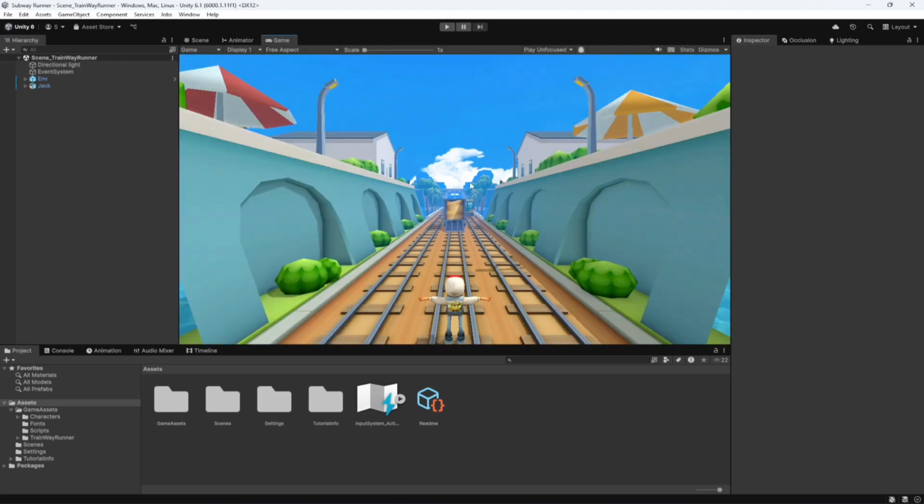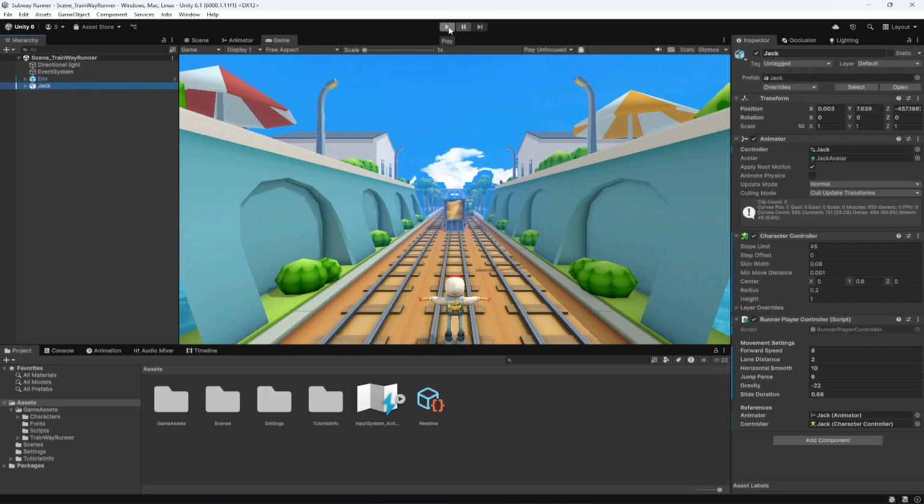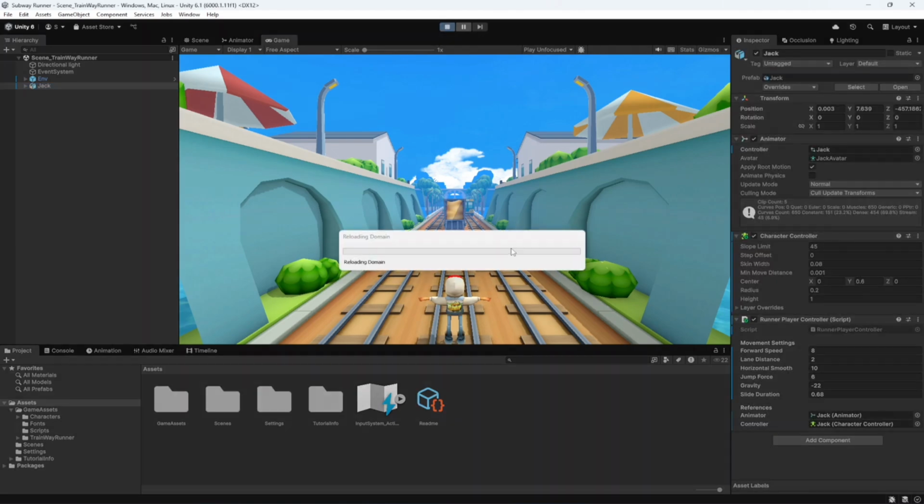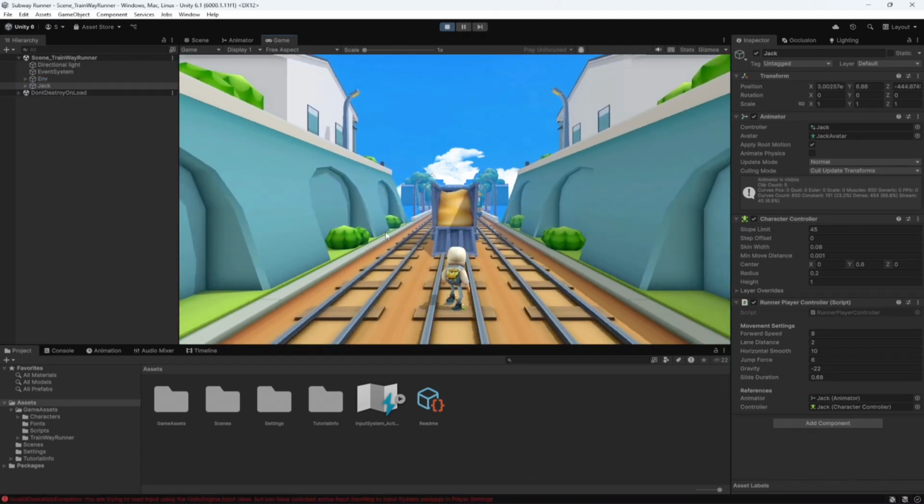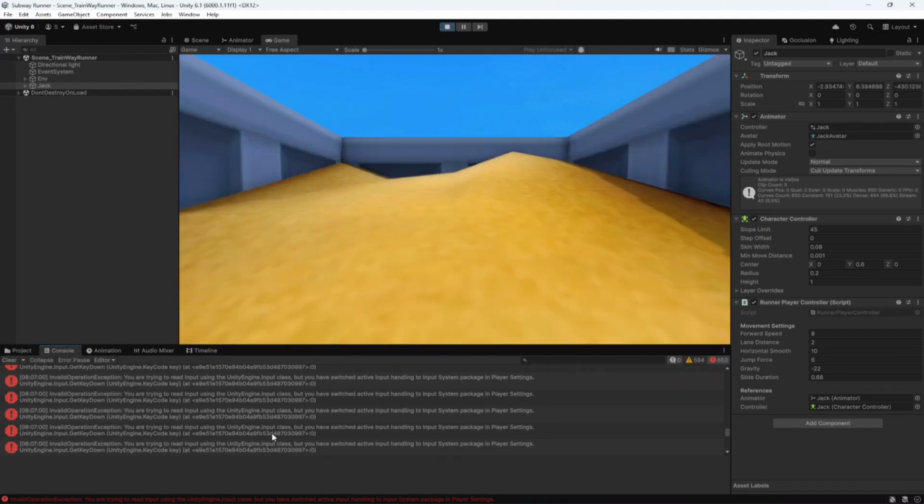So change to game mode, and then let's simply play the game. It will show an error. Let me show you. As you can see, the buttons don't work, and it also shows this error,